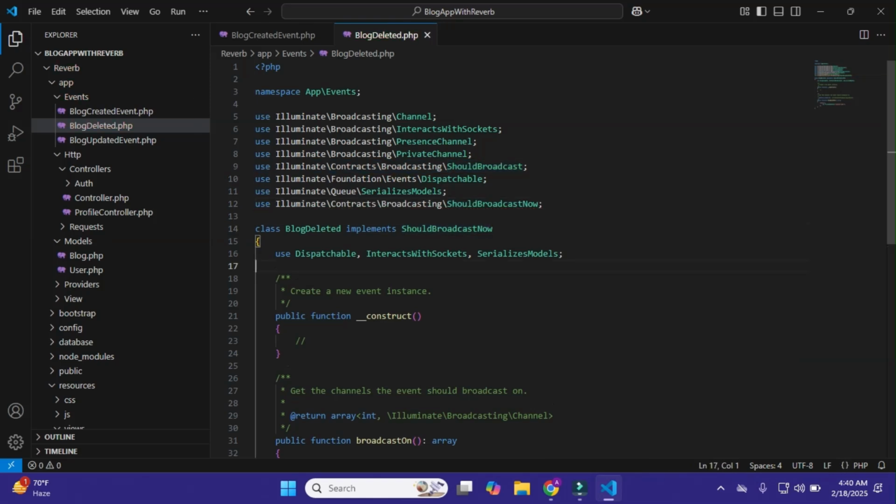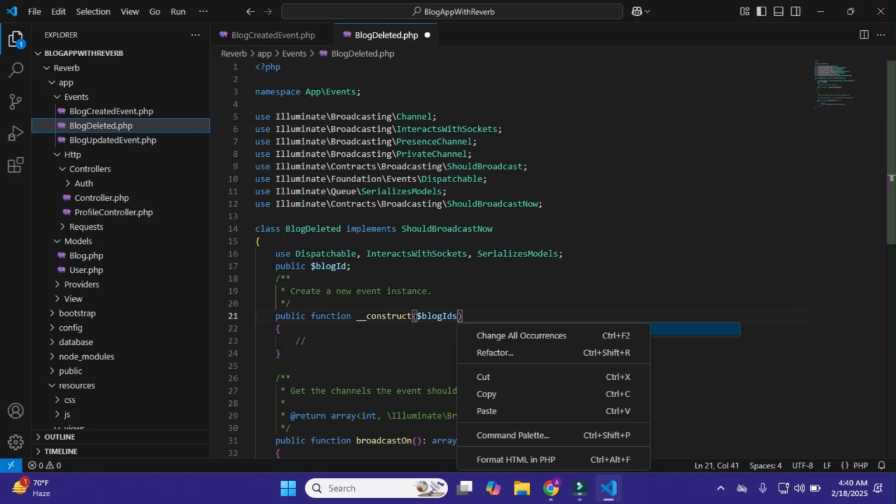Okay, that's it. We just simply do this, and within it we just need this block, public $block_id. We just need this and pass this block ID here.